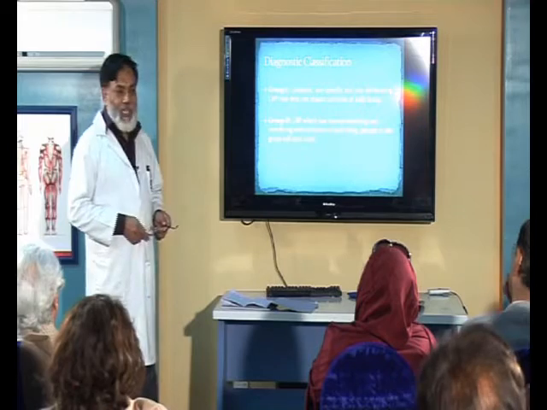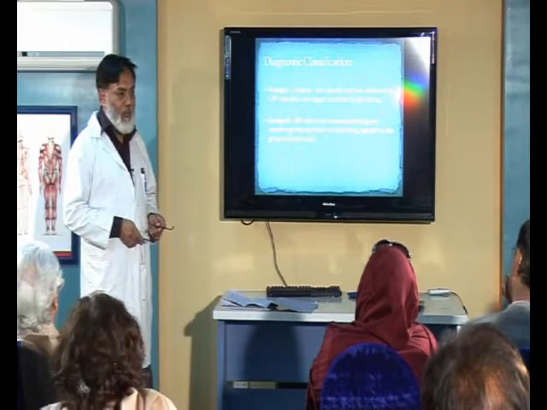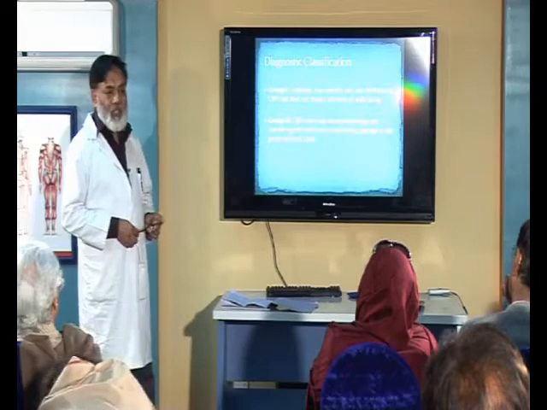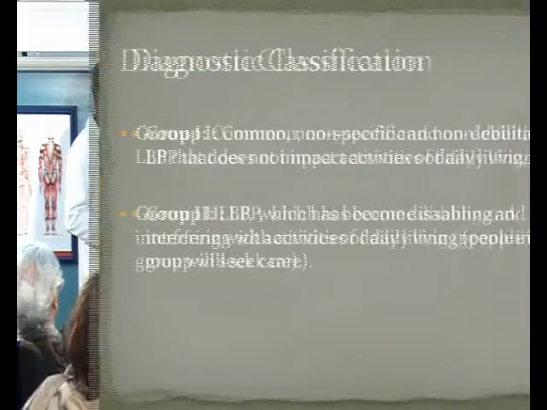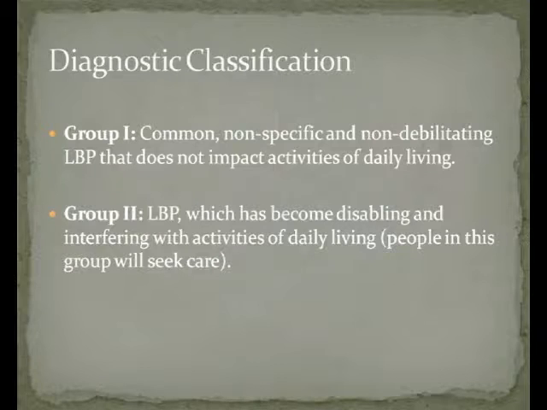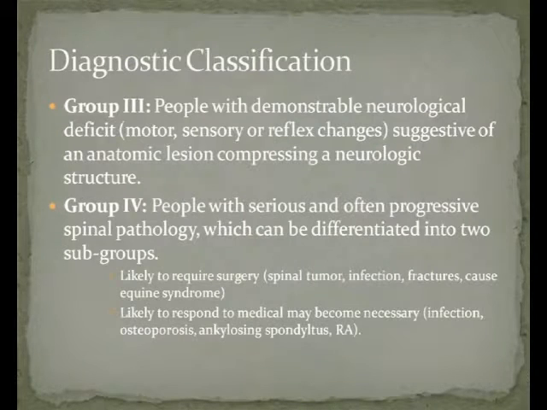So, for the management purposes, we divide our patients into 4 groups. Group 1, common, non-specific, non-debilitating low back pain that does not impact activities of daily living. Group 2, low back pain which has become disabling and interfering with activities of daily living. People in this group will seek care. And then group 3, people with demonstrable neurological deficit, motor, sensory or reflex changes suggestive of an anatomic lesion compressing